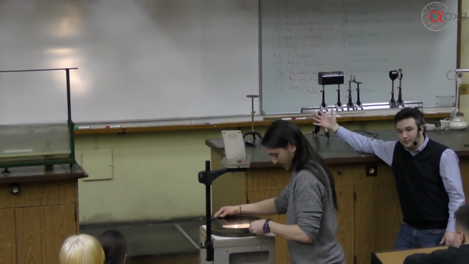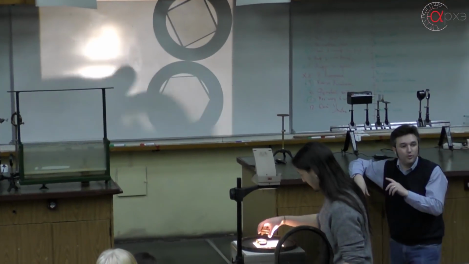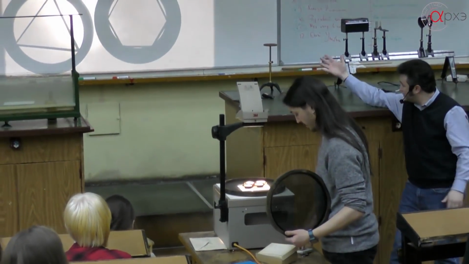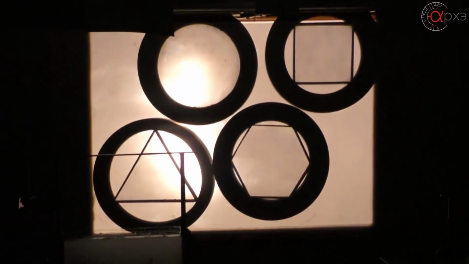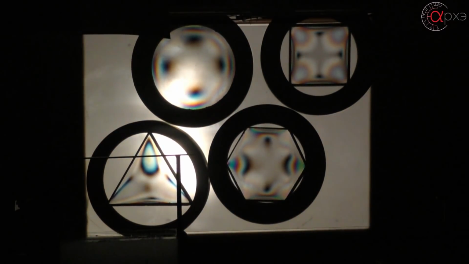So this way, no light passes through. And if I turn the Polaroids through 90 degrees, there's light. Now, when I put those pieces of plastic on the first Polaroid, light goes through them. And you see them, they appear white because they are transparent. But if we make now a sandwich of two Polaroids with plastic between them, we see that the colors change.